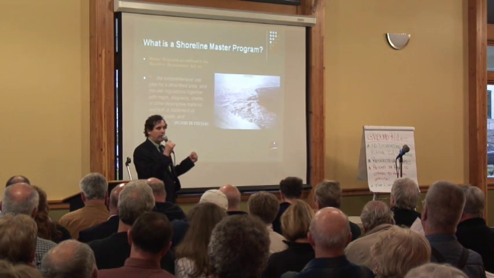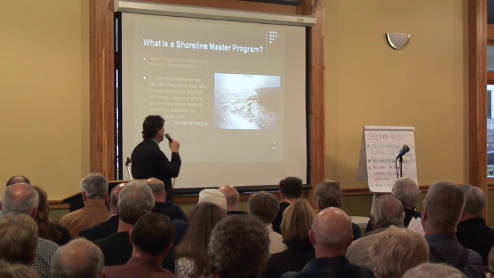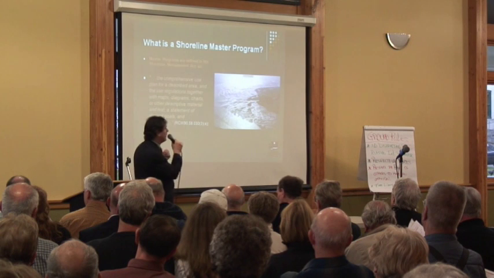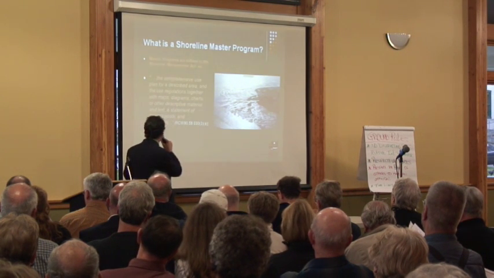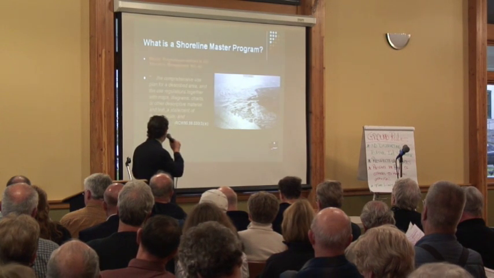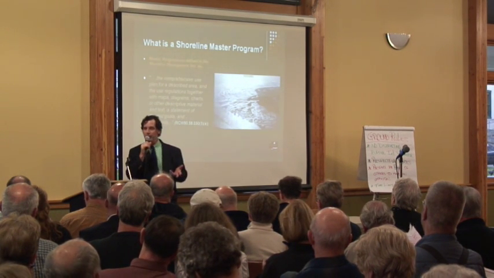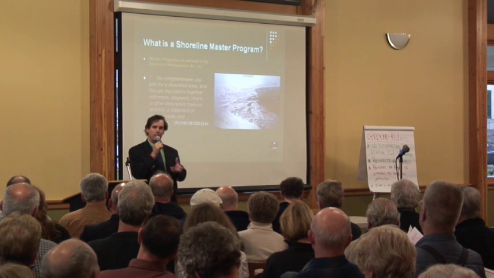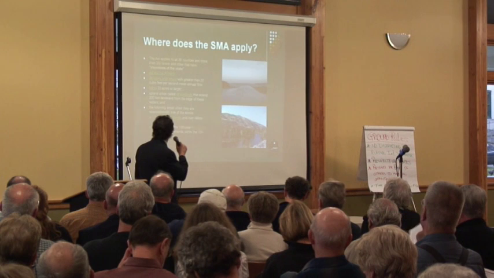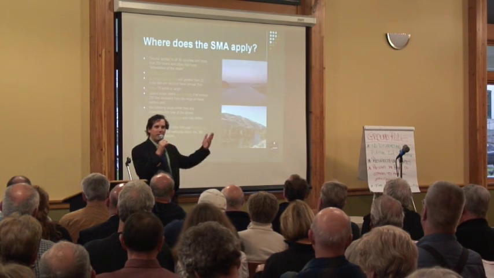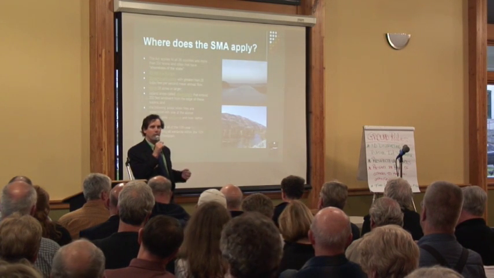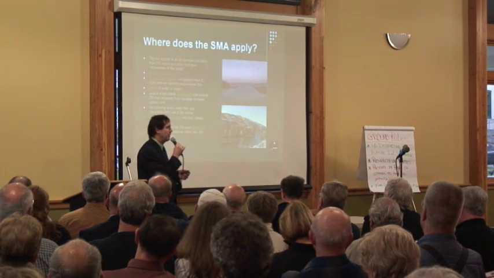The Shoreline Act describes a master program this way: a comprehensive use plan for a described area, and the use regulations together with maps, diagrams, charts, other descriptive material and text, and a statement of desired goals and standards. So the legislature said these are the basic pieces you need to regulate your shorelines. I'm not going to read all of this, but it talks about which Washington waterways are covered by the Shoreline Management Act.